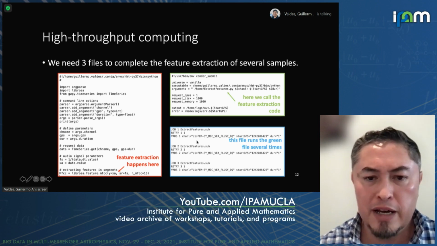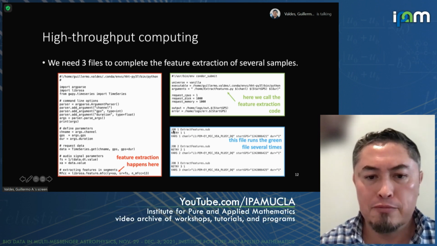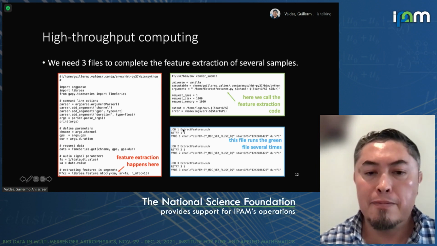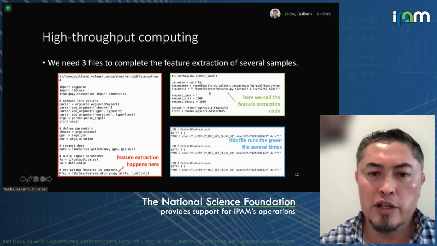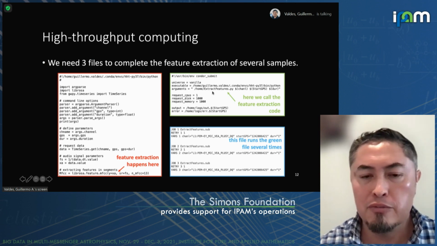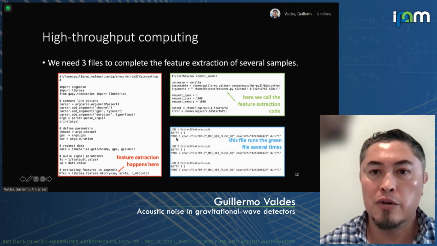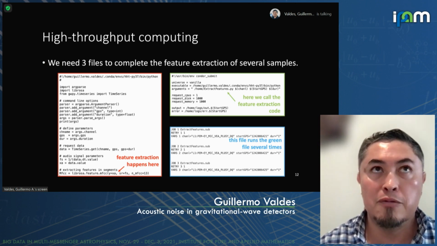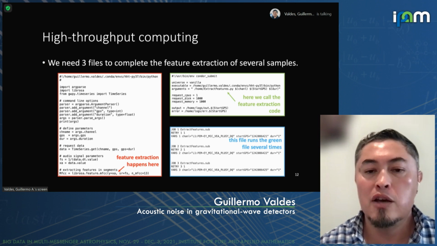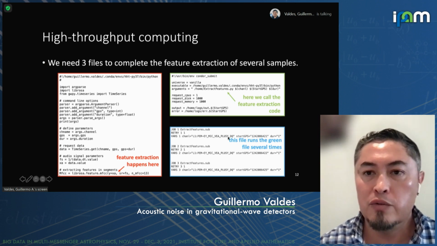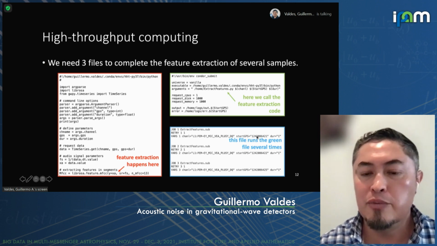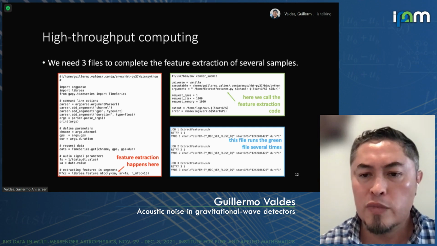For example, in this file, you are stating that you have several jobs, job 1, 2, 3. You have which submission file you are calling, and remember the submission file basically calls the original file plus some parameters. And here you are including the arguments of your original code. What is the channel, what is the sensor that we are analyzing? The GPS time, which is the time at which we want to start our analysis, and the duration.